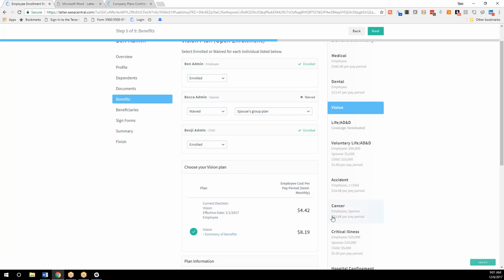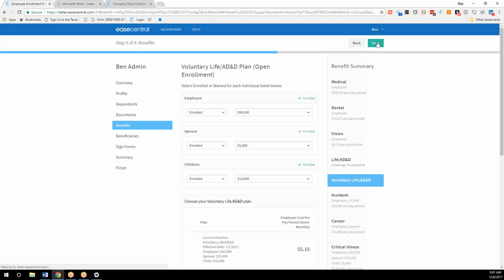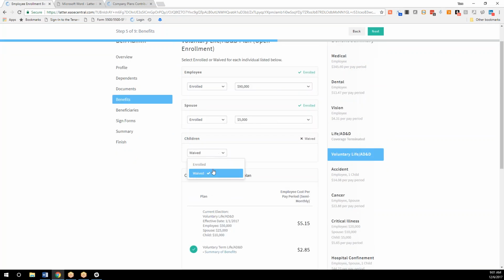But I can also see what it would be now to add my children or my spouse to that plan. Life insurance, I have the coverage that's elected already for me for the basic life insurance. Then I have my voluntary life elections as well, where I can say I want to waive my children, it'll adjust my cost down below, or I want to add them, and it'll show what that cost is to add my children and or my